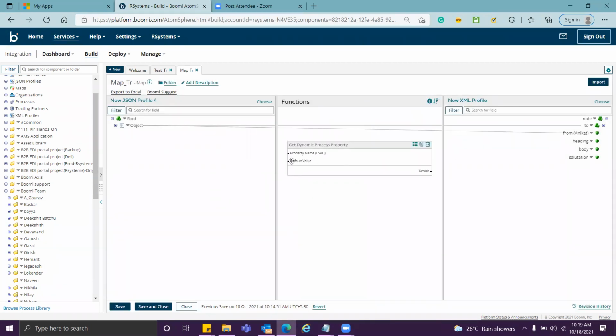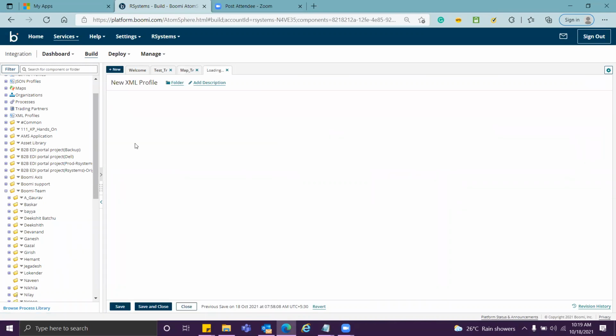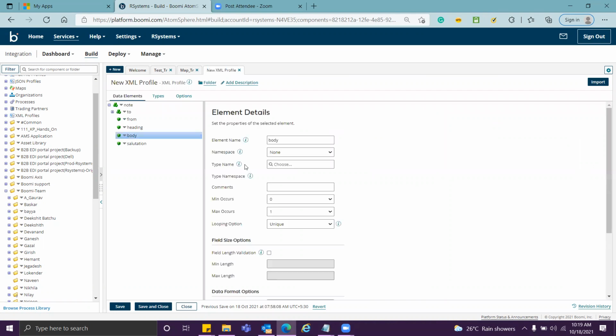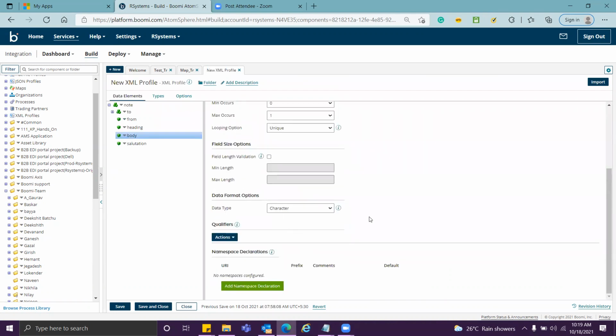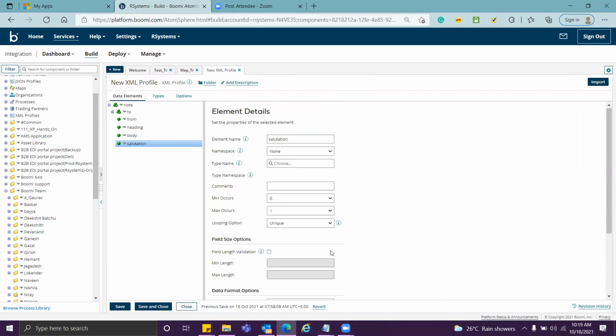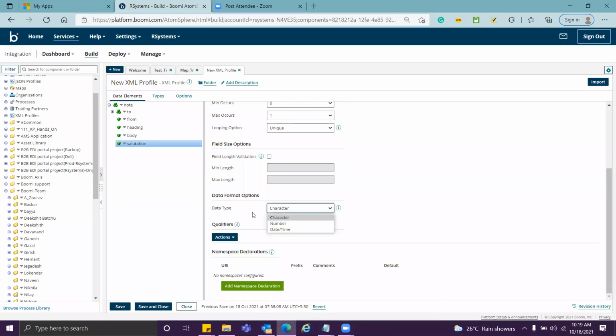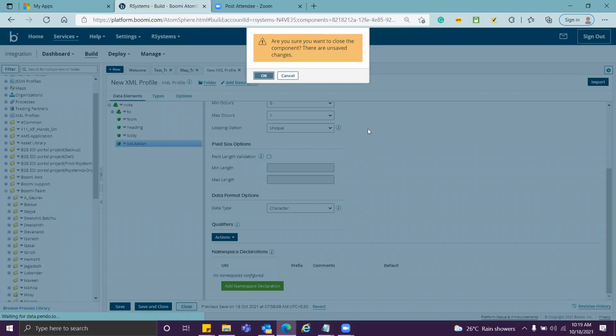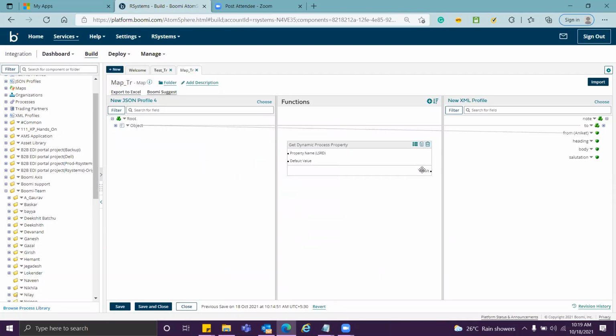Now let's say I want to map this into my profile here, but what I have to check is if these things will take character or date time or something. So those things like data types you can see here. All right. For any element you can see data types here. You can set them like character, number, date time, anything. So best way is to keep them at character so that they take any values in form of that. So I map this to say body for now.